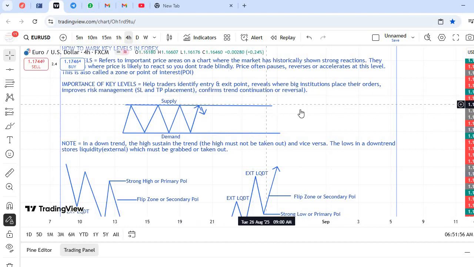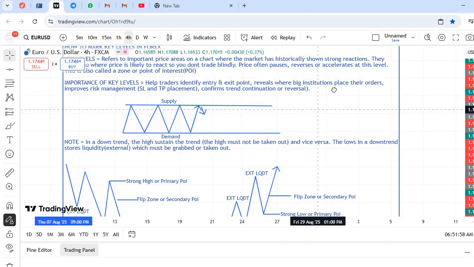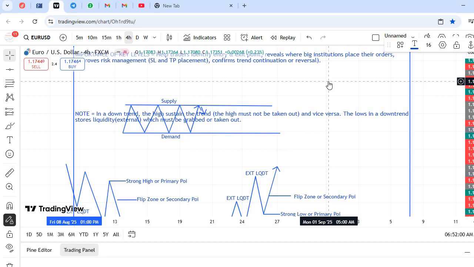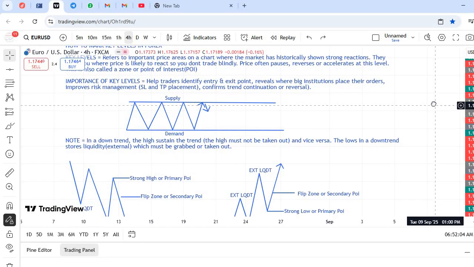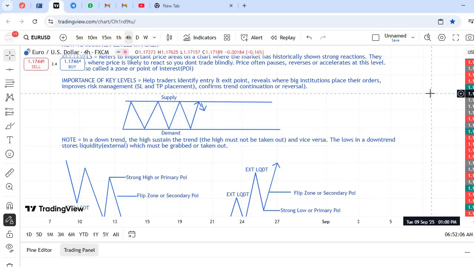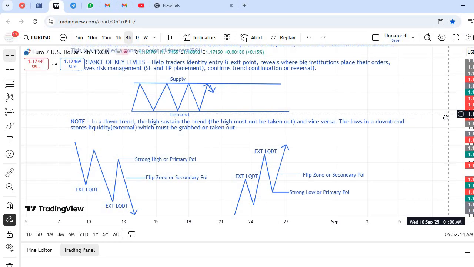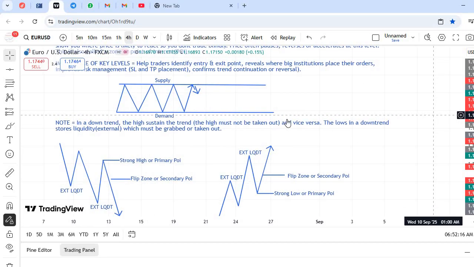So that is that for that. Now, we're also going to be looking at some other important things here, and these things are very key. We are still looking at how to identify key levels or areas of interest. So now, I want us to note that